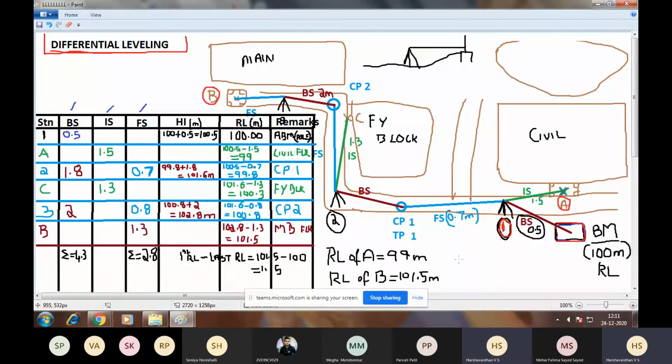So the difference is 2.5 meters. The difference in elevation between point A and point B is 2.5 meters.